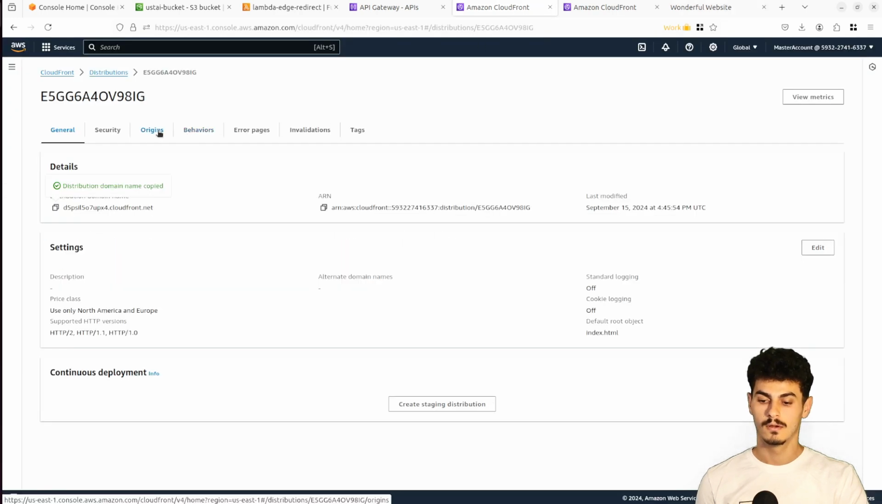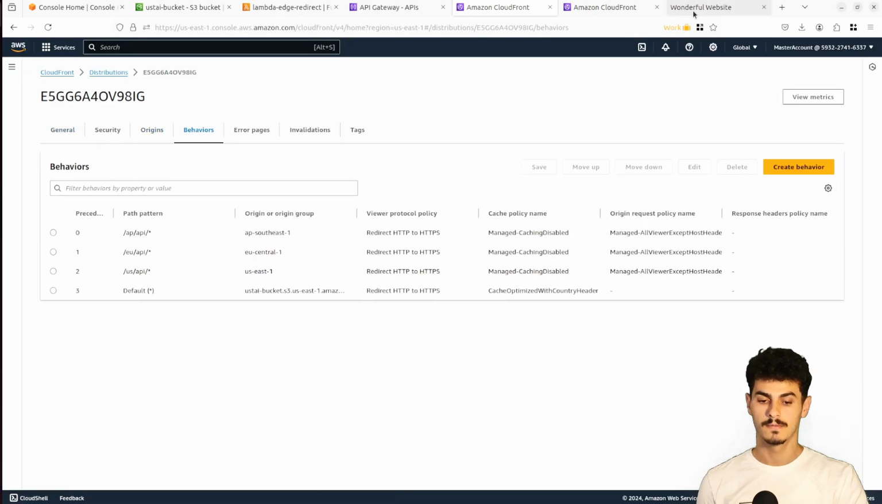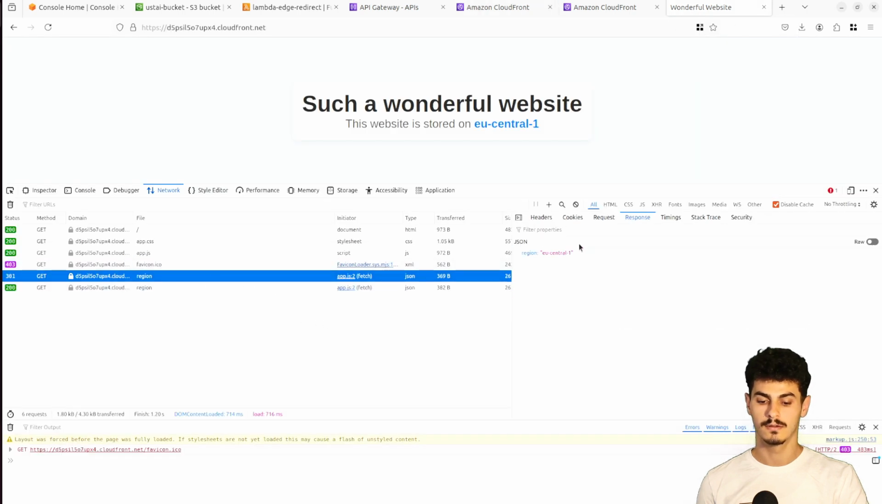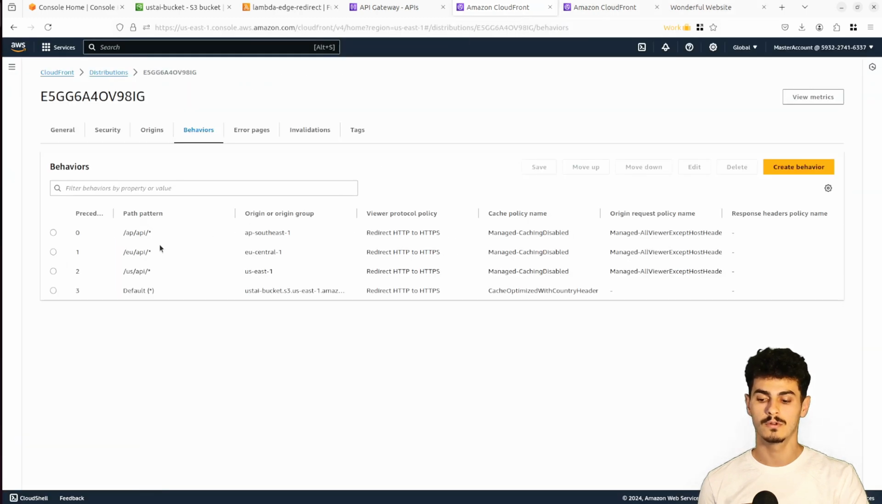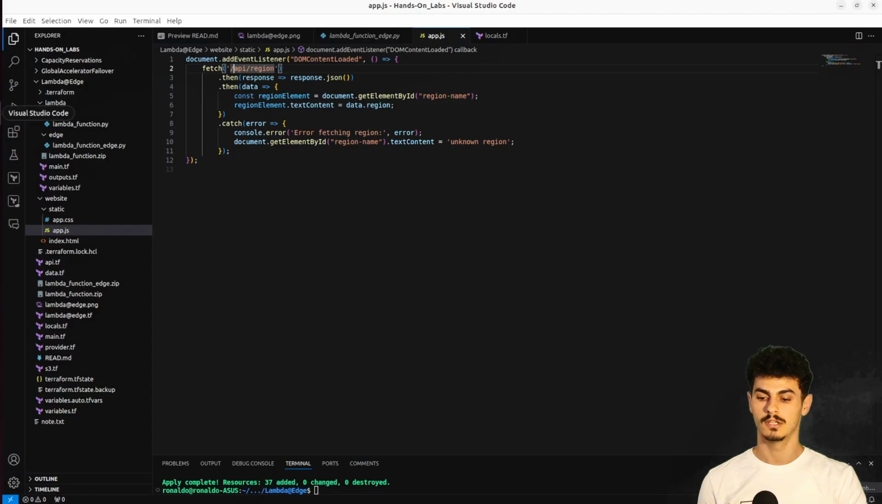Now, on the behaviors, since it calls the API region, we do not have any path pattern of API/region. So it's going to get redirected to the default behavior, which is going to be the S3 bucket. When the request is redirected to the S3 bucket or the default behavior, there is the Lambda at edge. So the Lambda at edge, if we check the code,